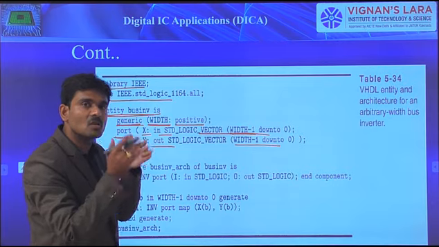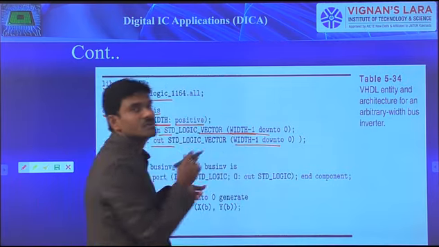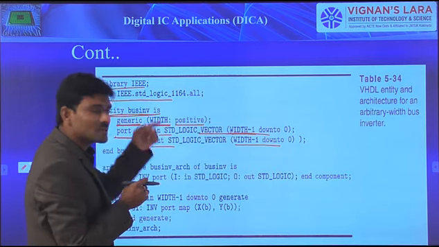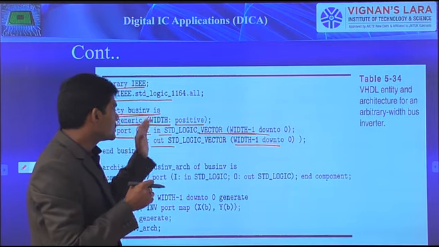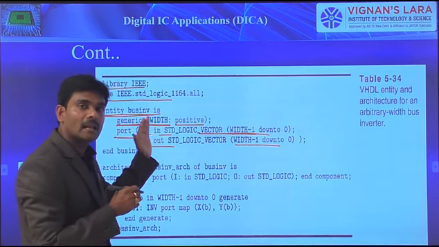So because of that, 0 to 7 it consists of. So here, 7 down to 0, that is what it is going to indicate. Width minus 1 down to 0, nothing but that. If I mention width as 8, then obviously these x and y consist of 8 array elements.